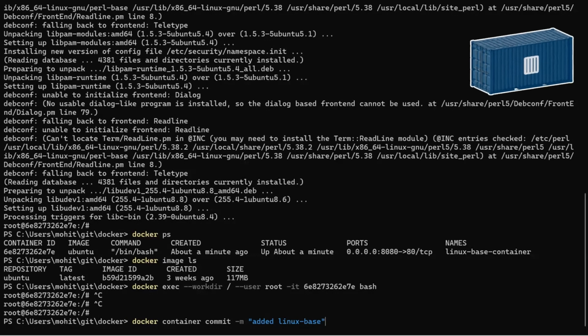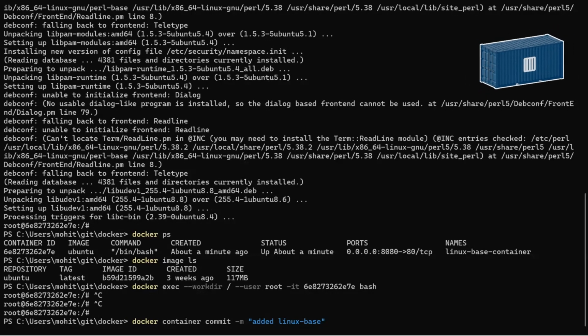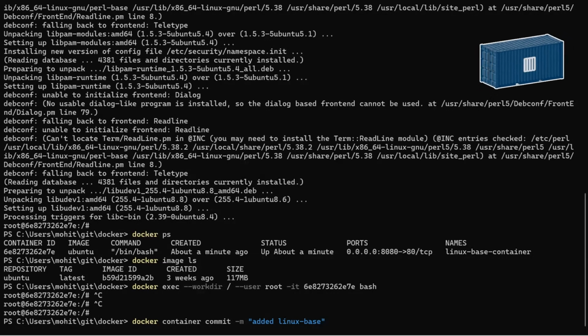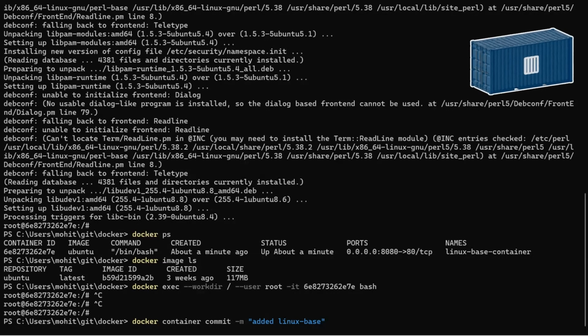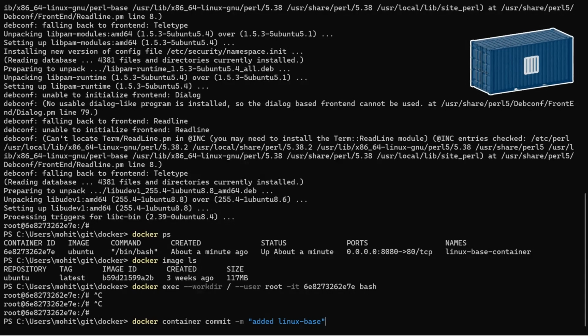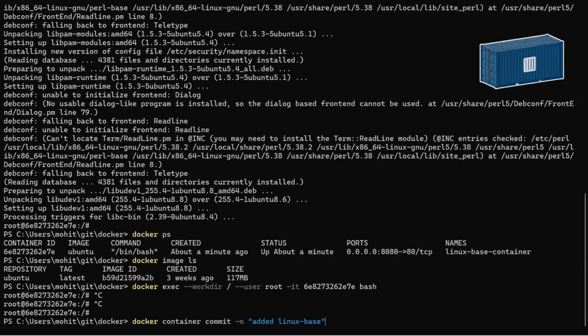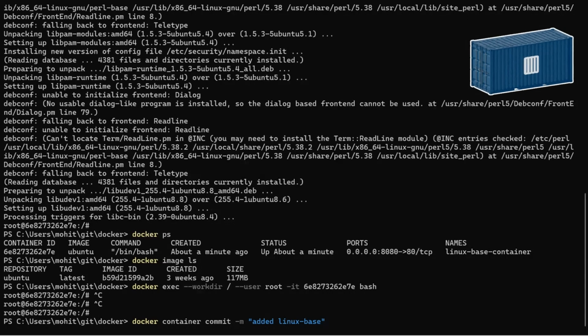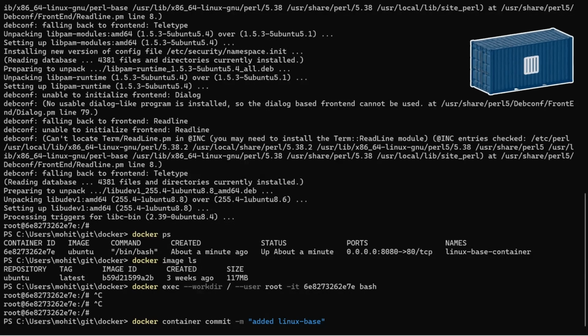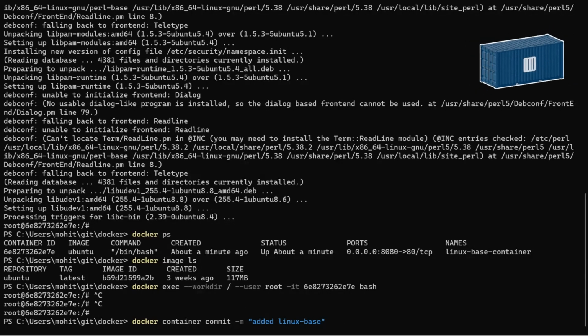Right now I have just installed Linux into the container. So I'm trying to make an image of that Linux container in my local, and then after that I don't have any dependency on that container. I can delete that. I can delete this Ubuntu image, and I can always use this image which I already have in my local. So Linux base,